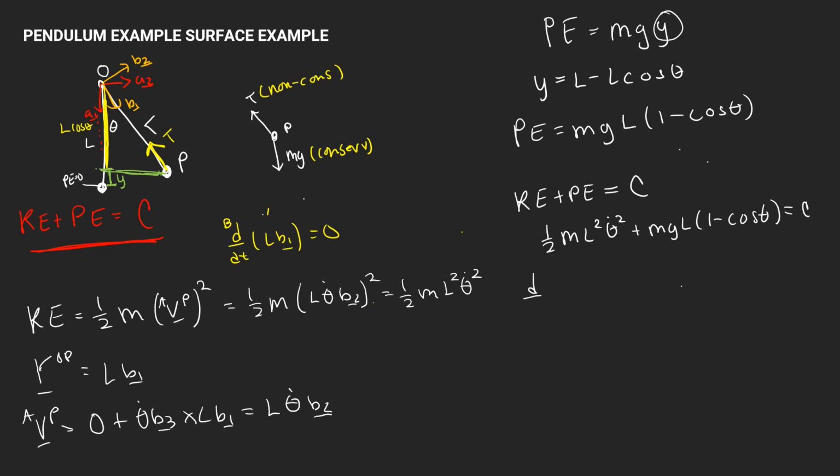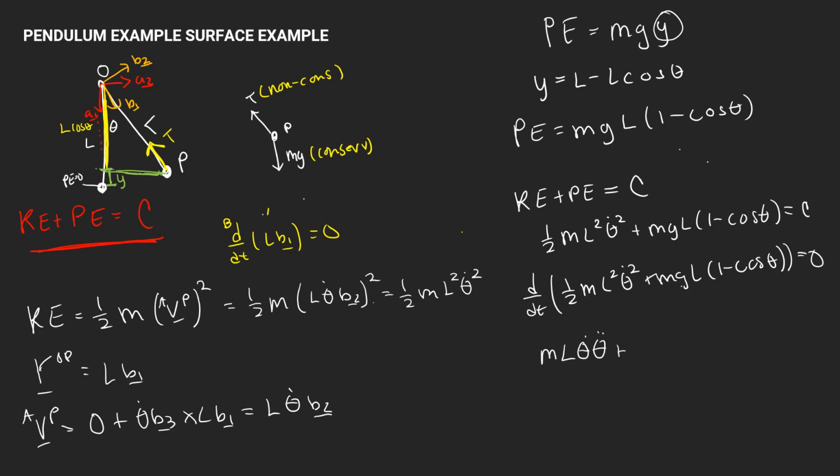When you take the derivative of both sides, we get ml squared theta dot theta double dot plus the derivative of mgl times 1 minus cosine theta, and this is going to equal 0. So if we take this derivative, this ends up becoming ml squared theta dot theta double dot